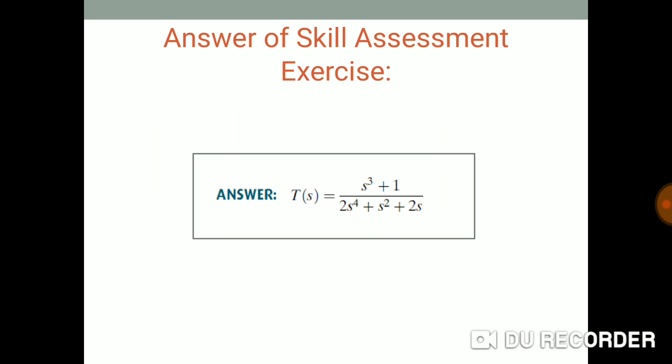T of s is equal to s raised to 3 plus 1 divided by 2s raised to 4 plus s